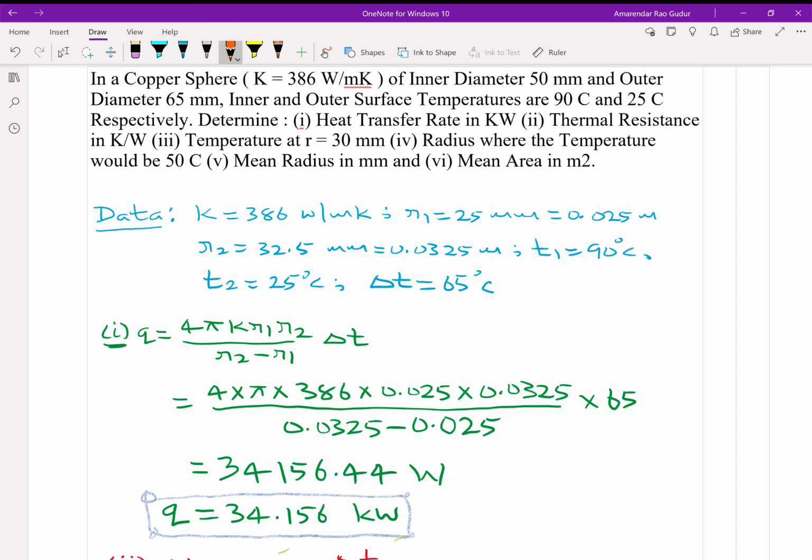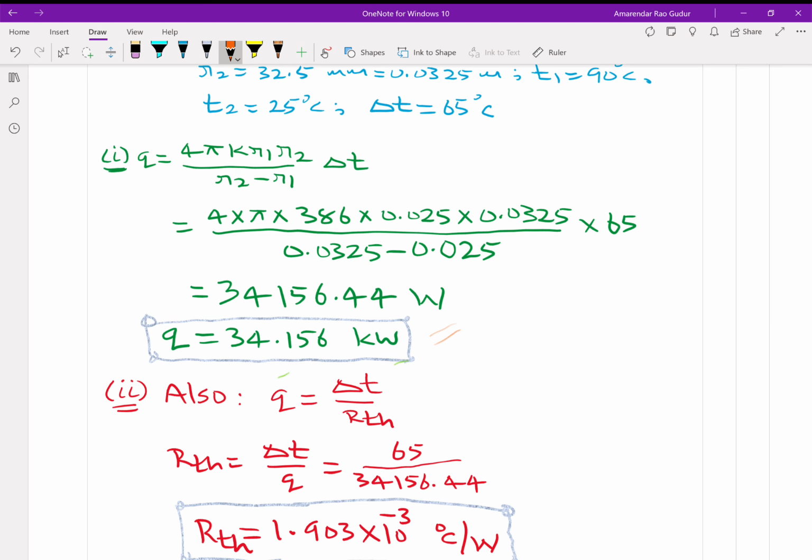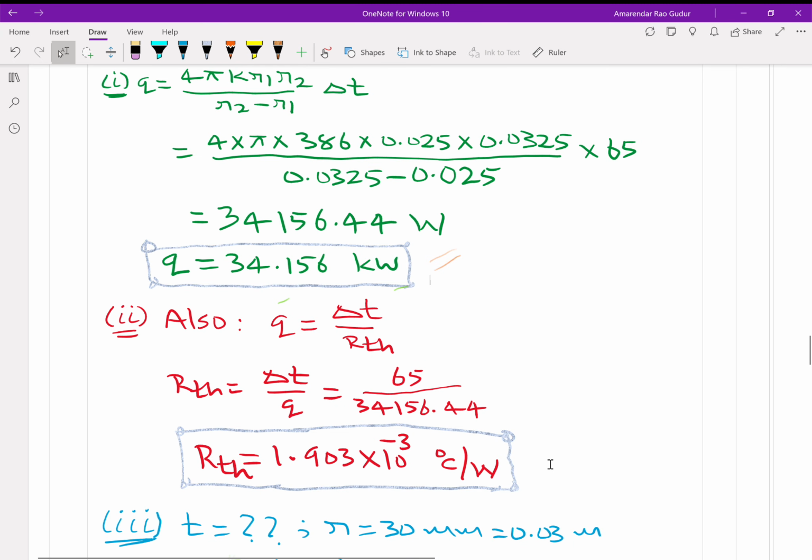And if we substitute this data in the heat transfer equation, you are going to get the heat transfer rate as 34,156.44 watts, divided by 1000, 34.156 kilowatts. And we also know that Q is equal to delta T by RTH. Now Q is available, delta T is available. We calculate RTH as delta T by Q, which is going to be 1.903 into 10 power minus 3 degrees